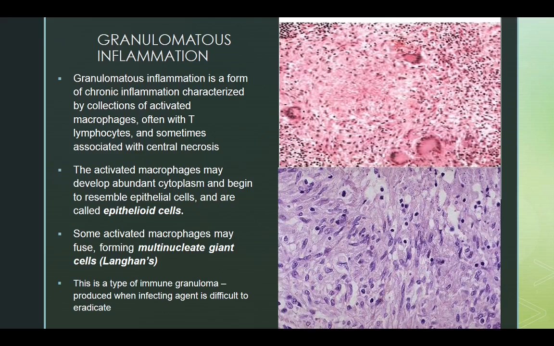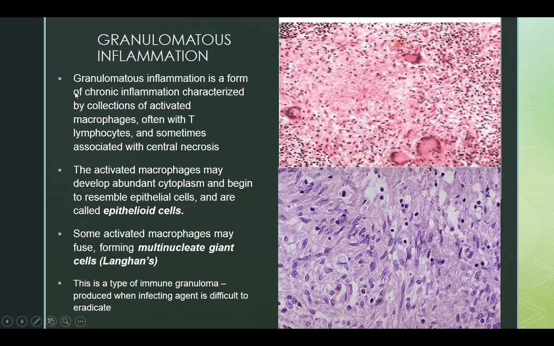So what is granulomatous inflammation? As you can see, I told you about the granuloma. This is the granuloma that is formed. This one is the granuloma, this one is the granuloma. So what is granulomatous inflammation? Granulomatous inflammation is a form of chronic inflammation characterized by